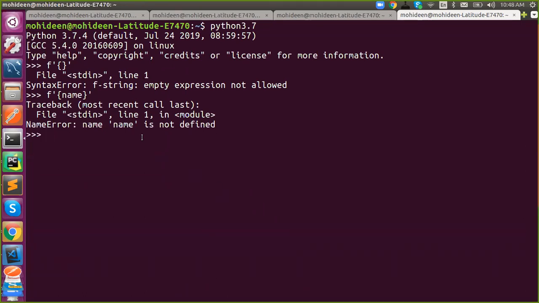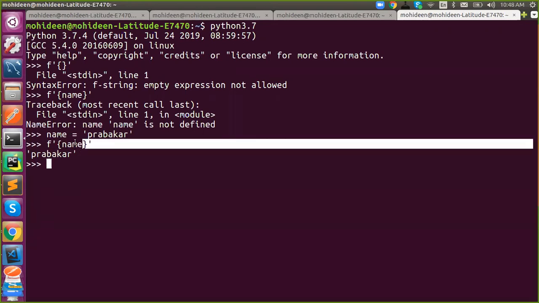So it says name error, name is not defined. I'm defining a name. So you can directly place an object variable inside this. So this is called f-string.